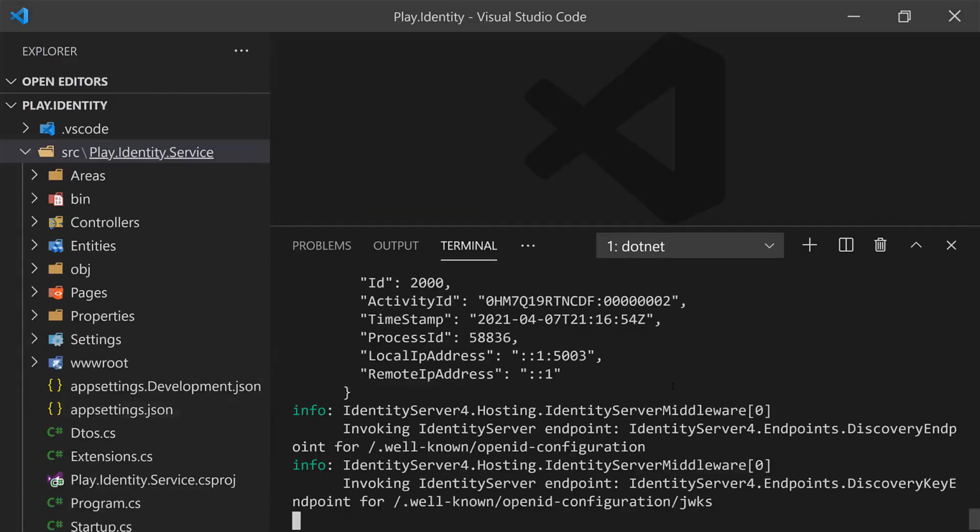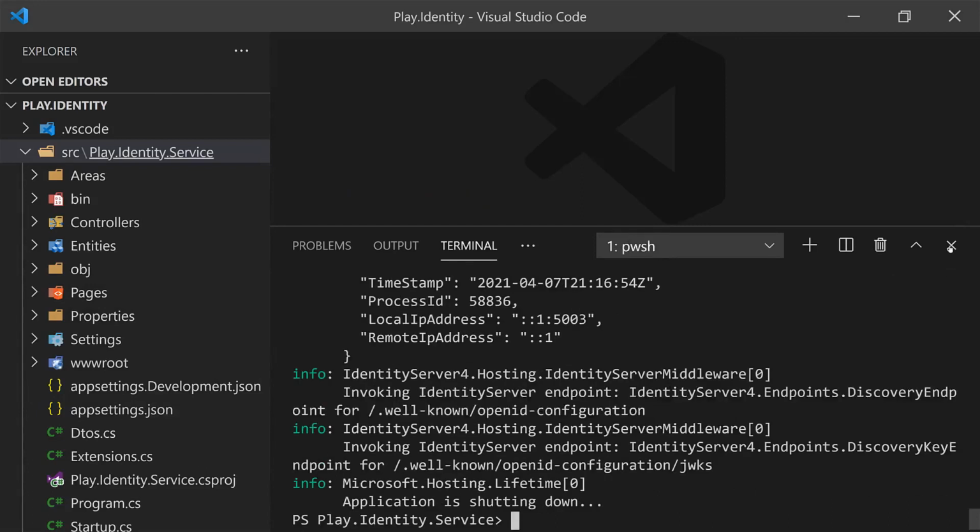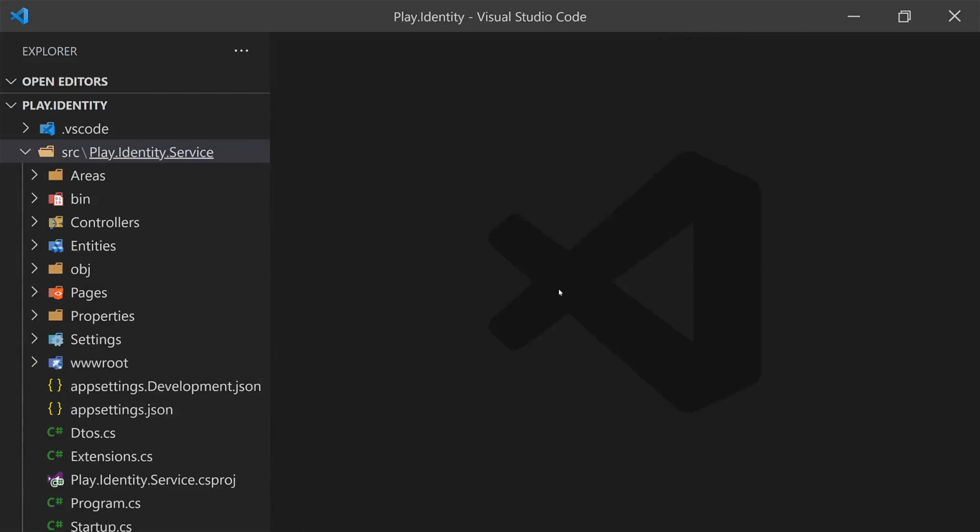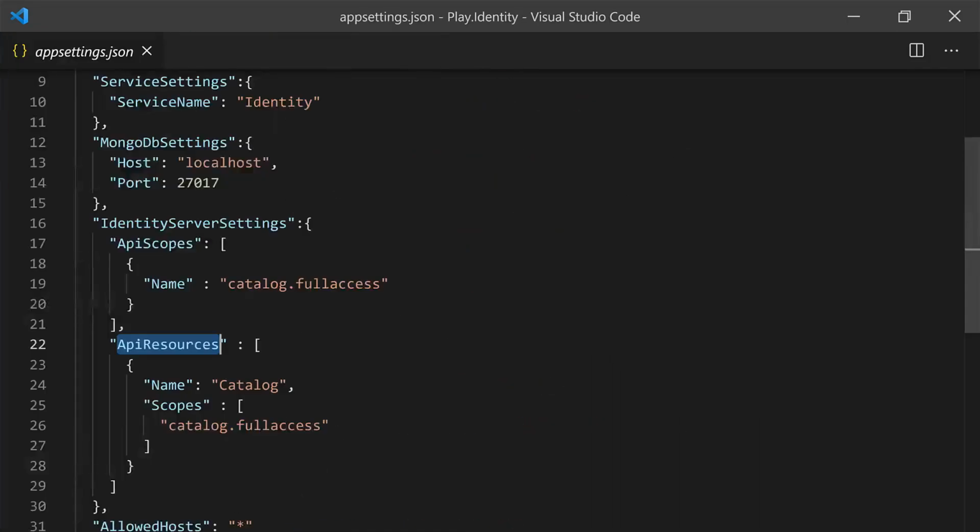Here's the identity code base. I'm going to Ctrl+C to stop the server, close this, and I'm going to go to appsettings.json, collapse this. So remember that for catalog, we did two things. We added catalog.fullaccess as an API scope, and we added this catalog API resource. So we're going to do pretty much the same thing for inventory. I'm going to copy this section,